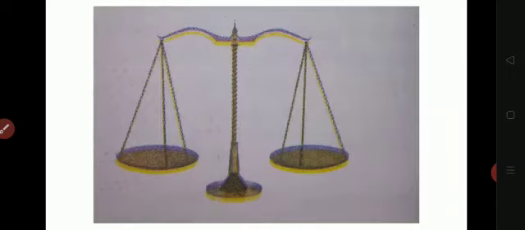Next we are moving on to the instruments for measuring mass. The first one you can see here is the common beam balance. You would have seen this in mostly all grocery shops. They place the standard weight on one side. If you want to buy 2 kg of rice, they will place the 2 kg stone on one side, and on the other side they will add rice until it is equally balanced. So this is a common beam balance.